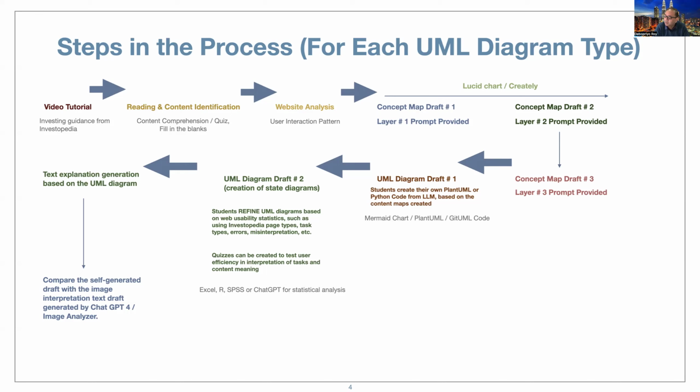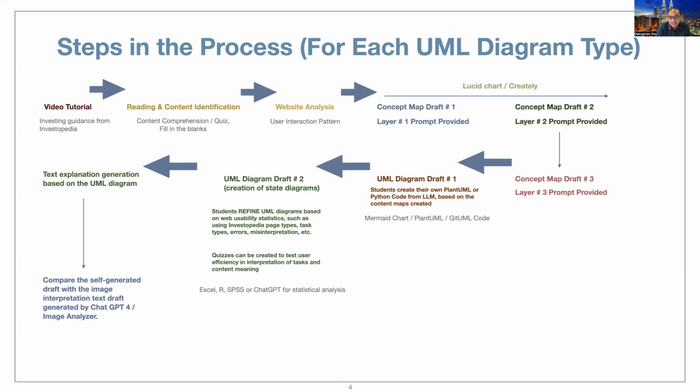Okay, so if you are a high risk individual, high risk investor, you will be in certain states during the process and you will take steps accordingly. So this is also a procedural diagram, but until now I've been using it for the industrial context, and this is a financial context, but this is still a usability context. So then based on that, you create the UML diagram draft two,